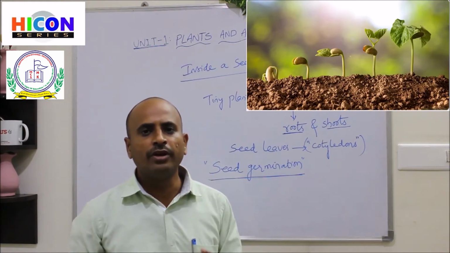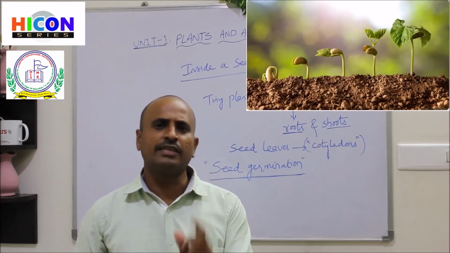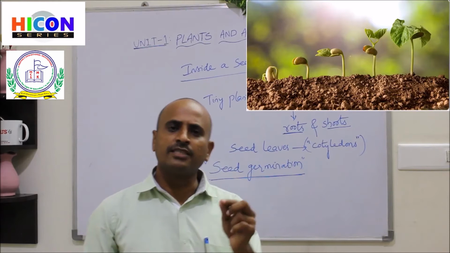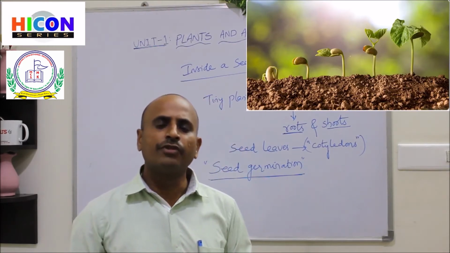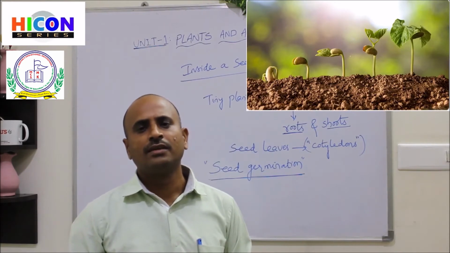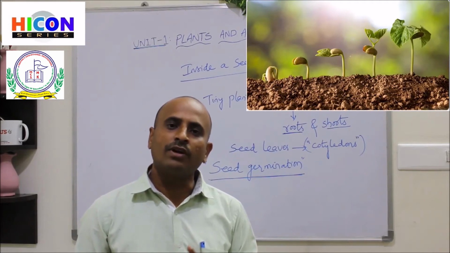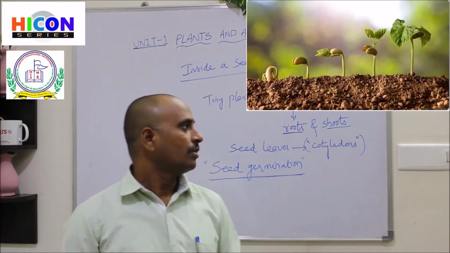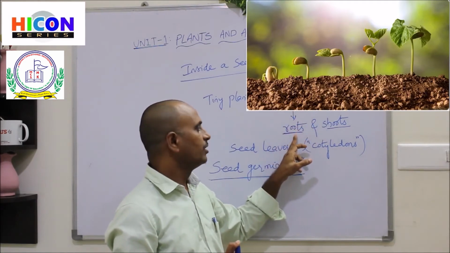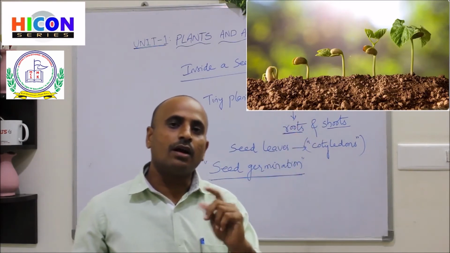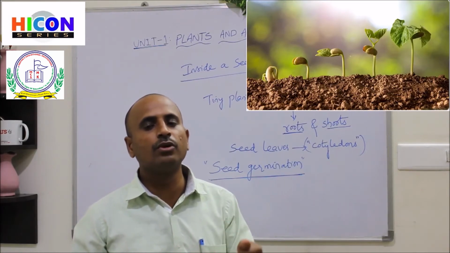If you carefully observe the picture, in the first stage, we plant a seed in the soil. If we pour water on the seed, the water enters the seed through the micropyle, and after 1 or 2 days the embryo begins to grow. In the beginning the roots come outside, grow, and go deep into the earth.